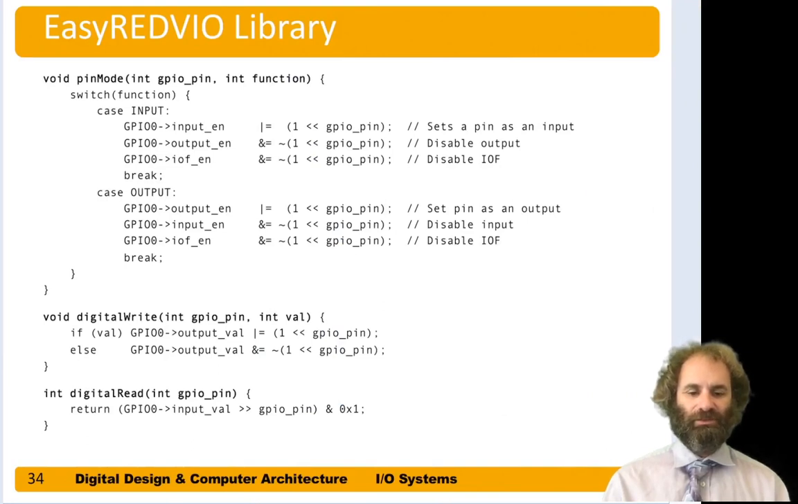Now let's look at using that structure to access the GPIOs. So we can write a nice friendly function, digital read. It takes the pin number that we want to read from, and it returns a 0 or a 1. That's the value on that pin. And it does it by going to our handy dandy GPIO 0 structure, which is really a pointer to the beginning of that memory mapped GPIO, and we'll read the input value field of that structure. That gets us